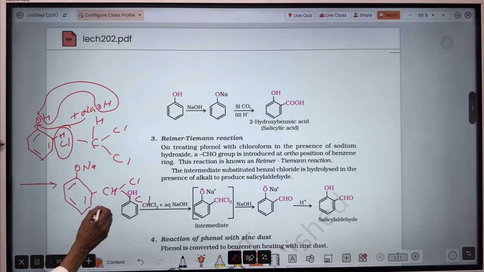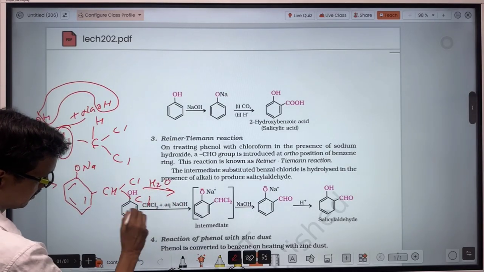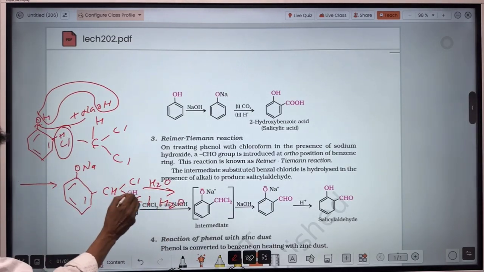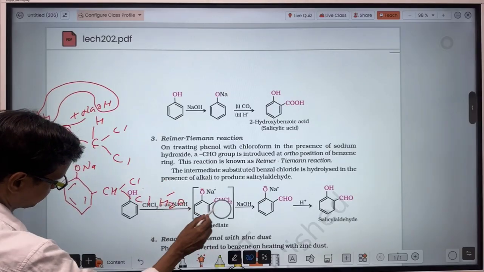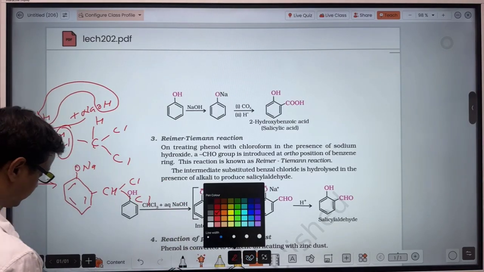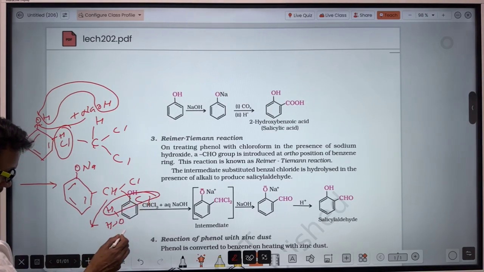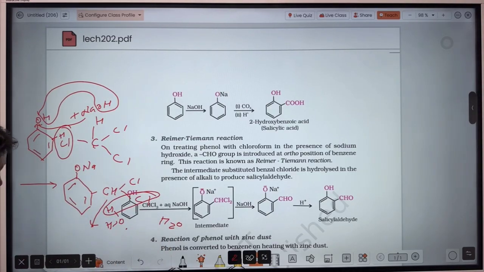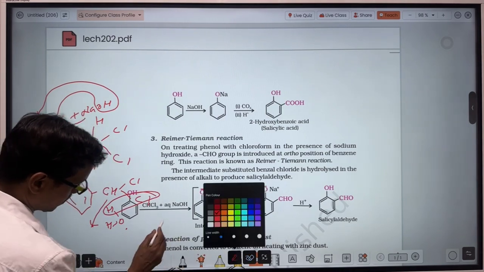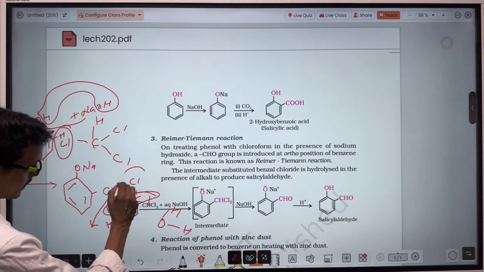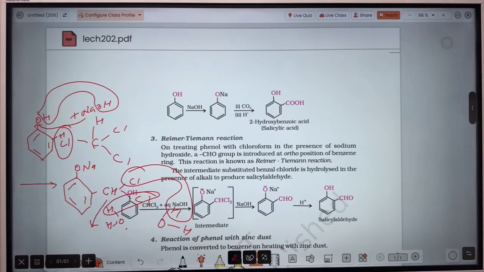Then after that pass water. So chlorine will bond to one of the hydrogens of water to form HCl, and this OH will get bonded to this carbon. Similarly, another water molecule will be there. There will not be a single water molecule, there will be a number of water molecules. So this chlorine will combine with this hydrogen to form HCl. So that means two OH groups will bond to this carbon. So the structure will be